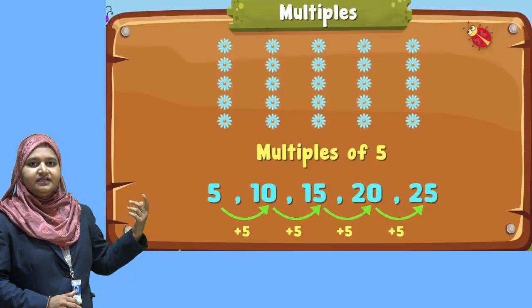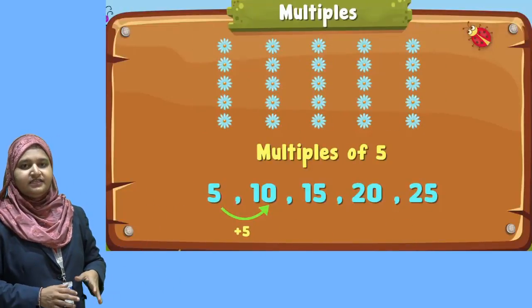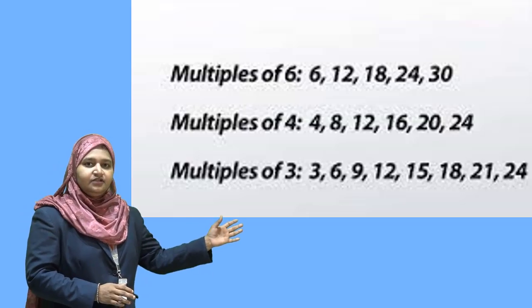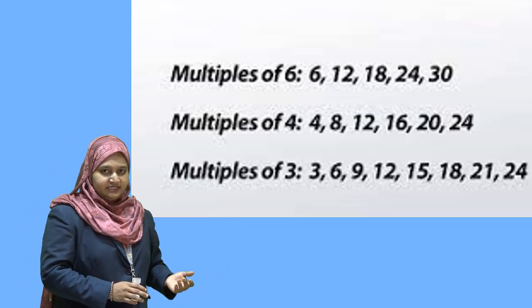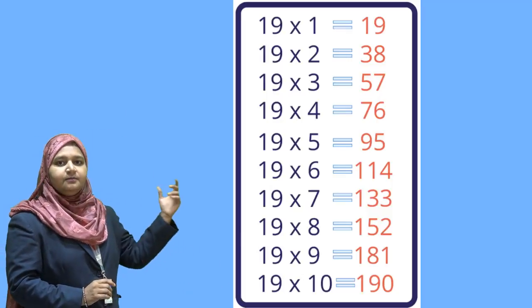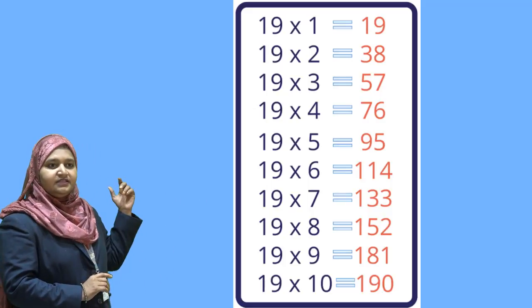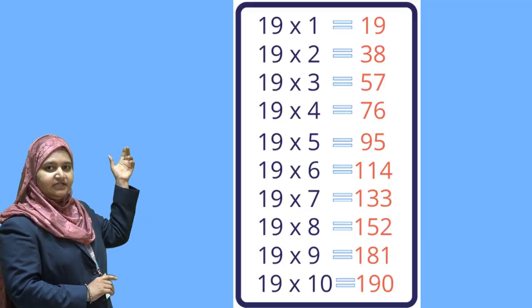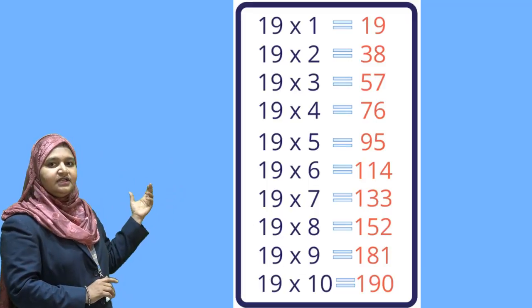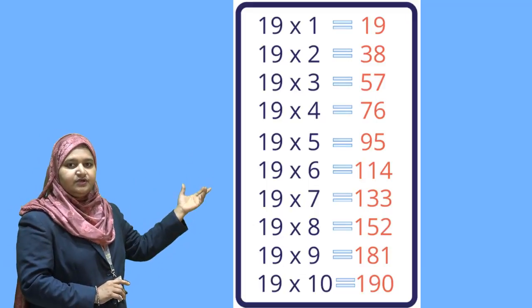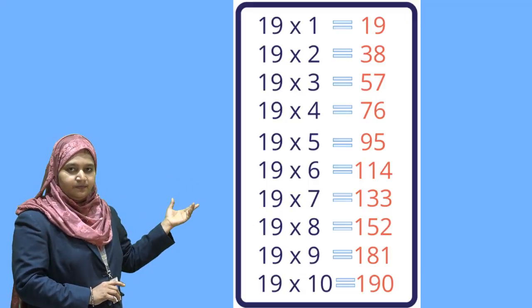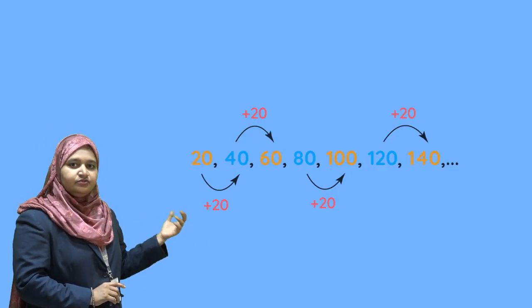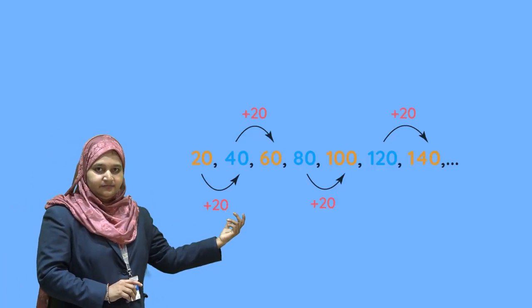So in this way we can write out the multiples of any given number by multiplying the given number by any whole number, or even you can multiply by the number itself. So let us see how to find a multiple of a number. For example, find the multiples of 19. Here we can find them: 19 multiplied by 0, 19 multiplied by 1 and so on. So in this way it is giving you the answers 19, 38 and so on. As there are infinite numbers, we can get infinite multiples.